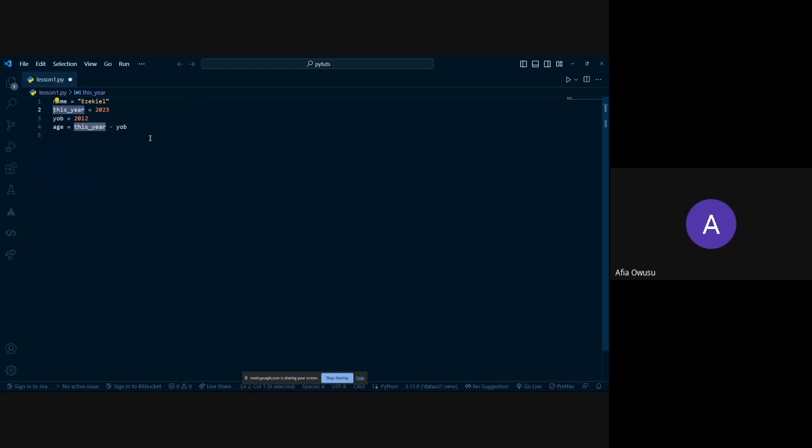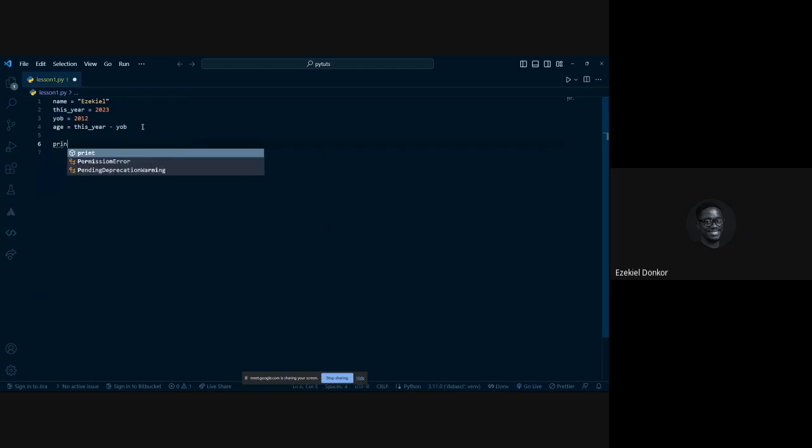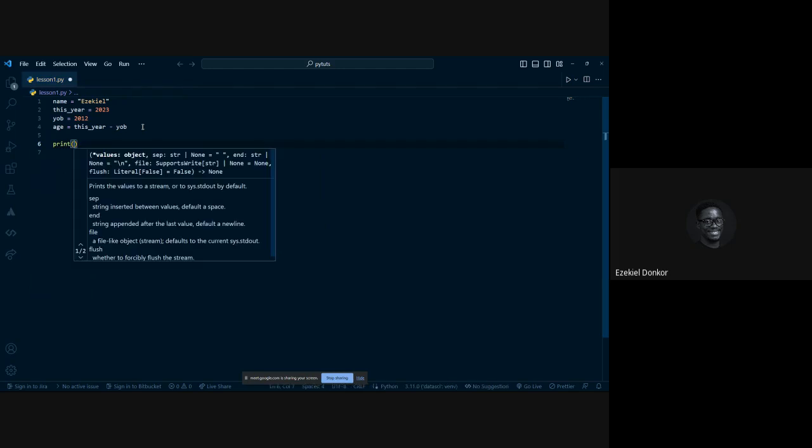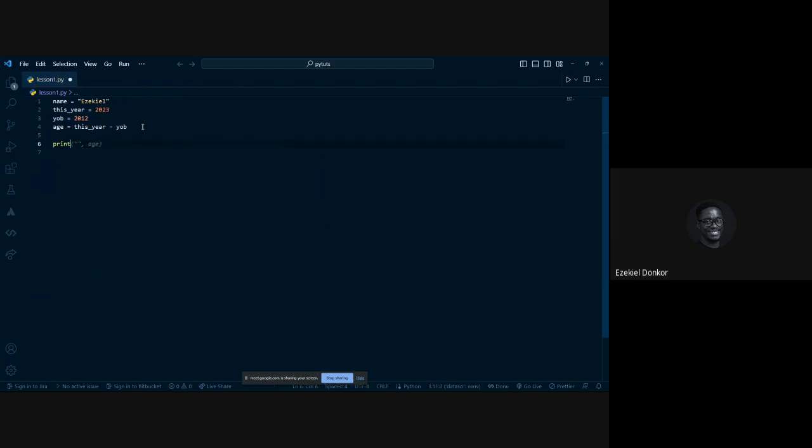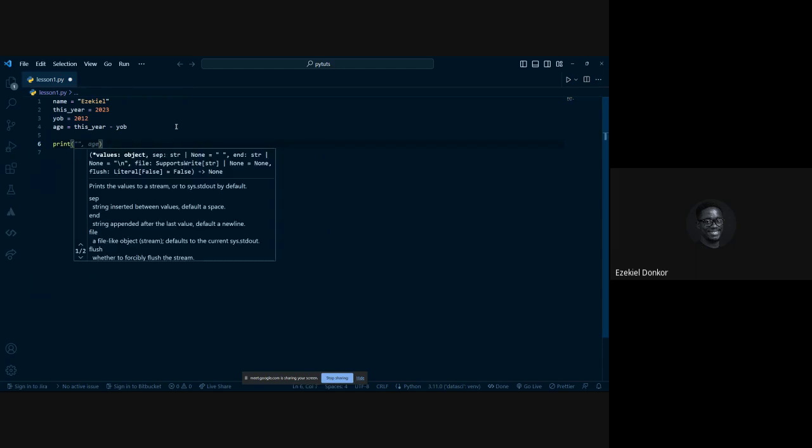And then we printed out a bunch of things, so we are going to print all those out again. We said print and then open brackets. Again, anything that is double, every time you press it, it will give you the beginning and the end and put the cursor in the middle. The brackets also need to be closed. So print, and then we said what?